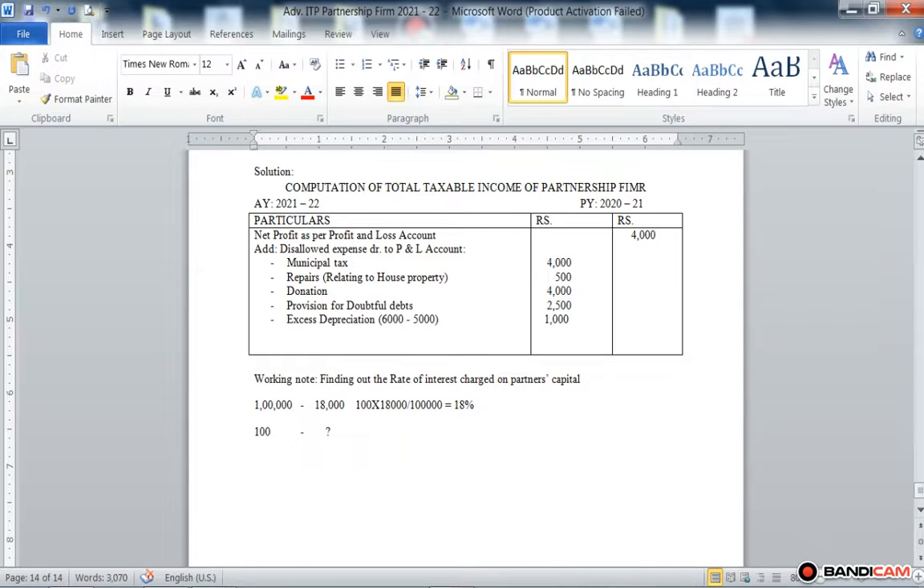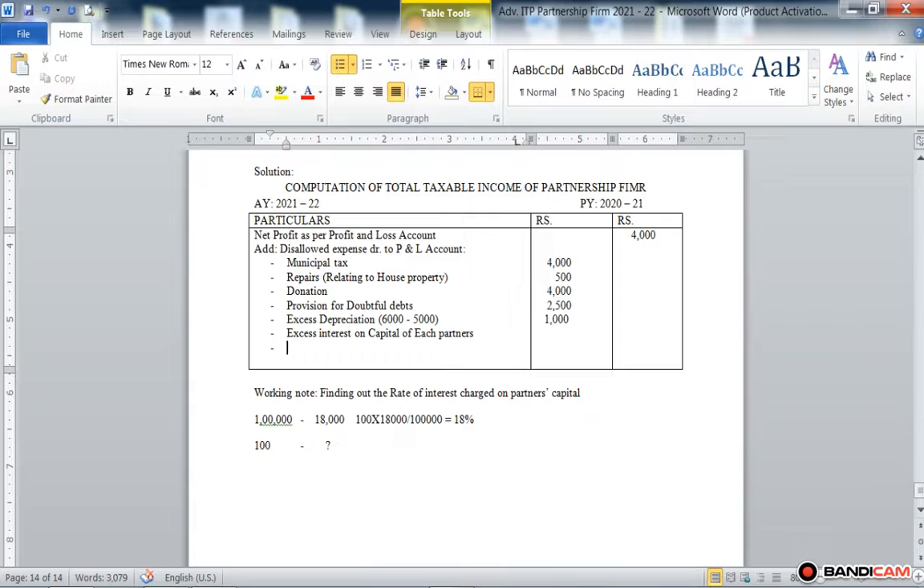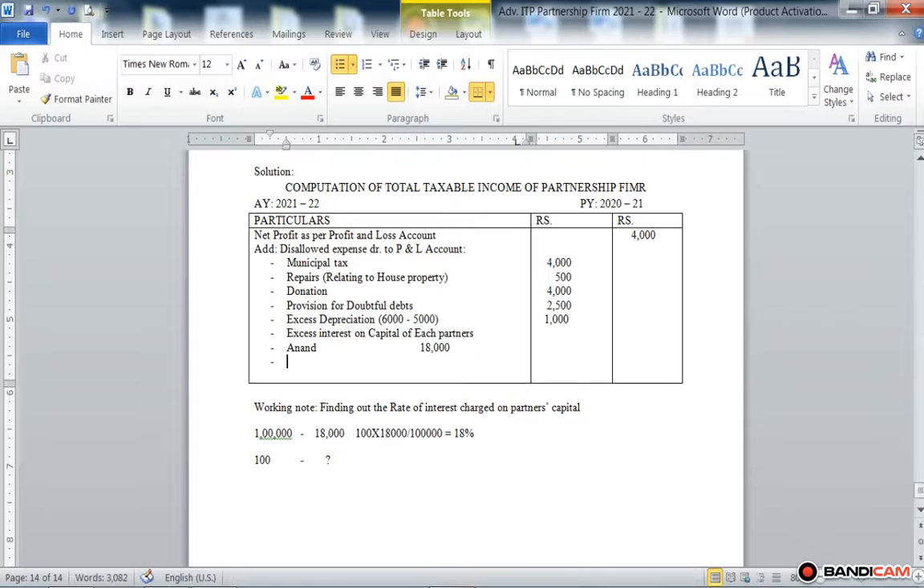So here the partnership firm gives 18% interest on the capital of the partner. So excess interest on capital is given here. So add the excess interest on capital of each partner. For Anand, amounting to rupees 18,000. We deduct less